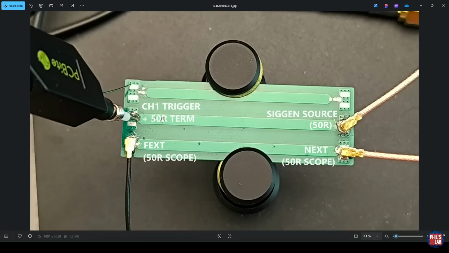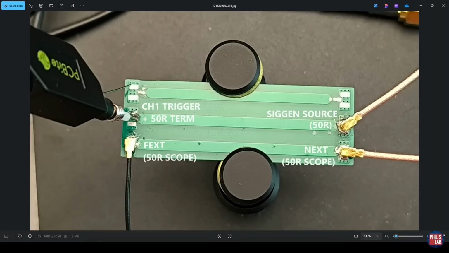The middle trace will be our aggressor trace, where I'm feeding in from a signal generator source, which is controlled by my oscilloscope, fed via 50 ohm input through this 50 ohm controlled impedance microstrip trace, and I've soldered on a 50 ohm termination resistor, and I'm just monitoring that with a high impedance probe connected to channel 1 of my oscilloscope just as the trigger input. And so we can see the rising and falling edges and also just the general waveform of our signal generator